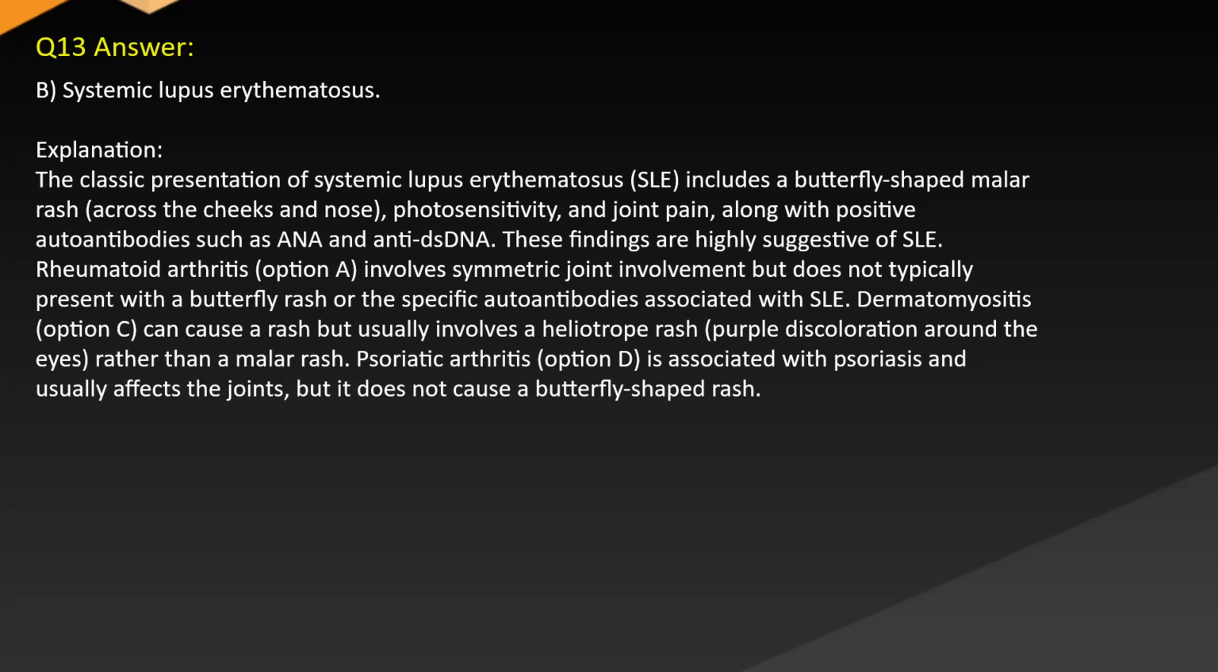Rheumatoid arthritis, option A, involves symmetric joint involvement but does not typically present with butterfly rash or the specific autoantibodies associated with SLE. Dermatomyositis, option C, can cause a rash but usually involves a heliotrope rash, purple discoloration around the eyes, rather than a malar rash. Psoriatic arthritis, option D, is associated with psoriasis and usually affects the joints, but it does not cause a butterfly-shaped